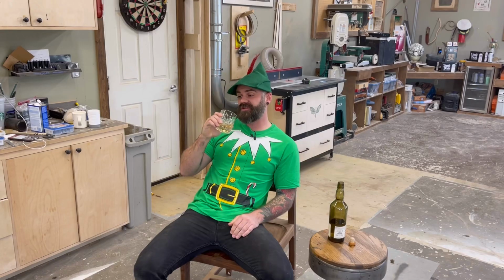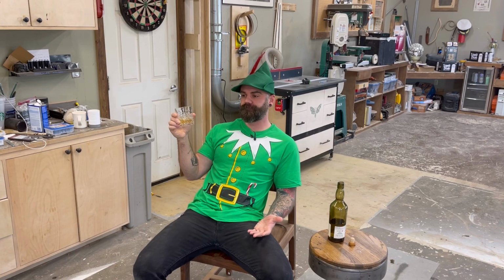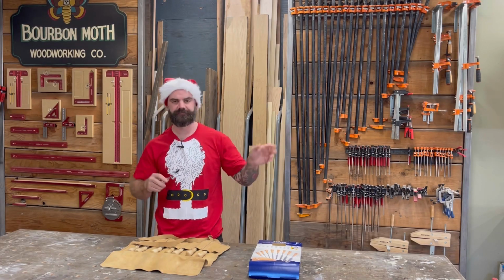Nobody uses an 1/8 inch chisel. It's stupid. Some people might want an 1/8 inch. I don't get the point. Pick your fingernails with that thing? No, I mean, for getting in tight areas, it's...